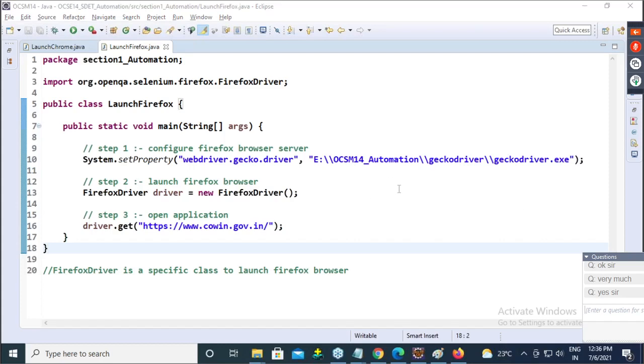Guys, tell me once you have copied. Okay. So, guys, now the remaining two browsers, like how to launch Microsoft Edge and how to launch Opera, we will see that tomorrow.